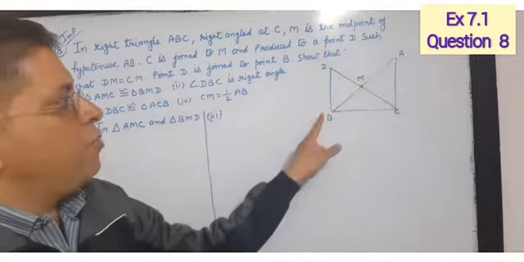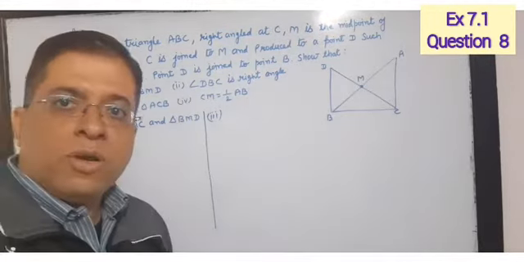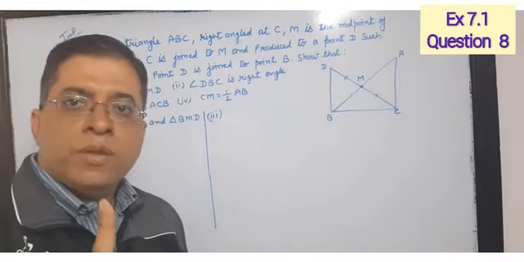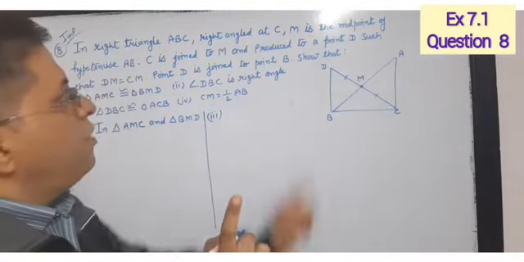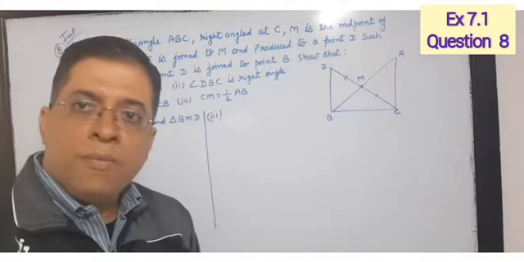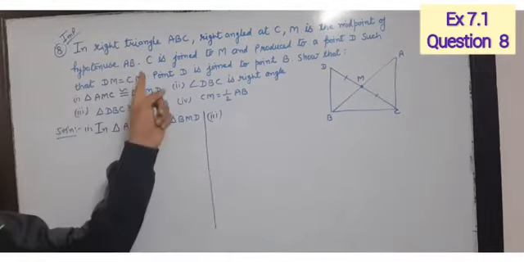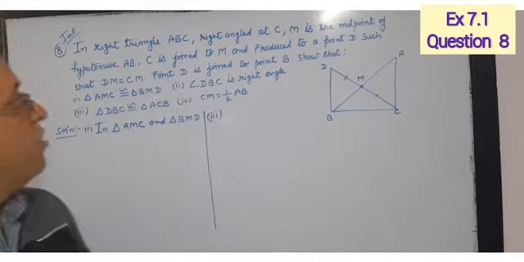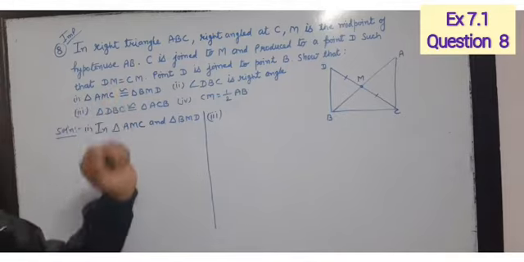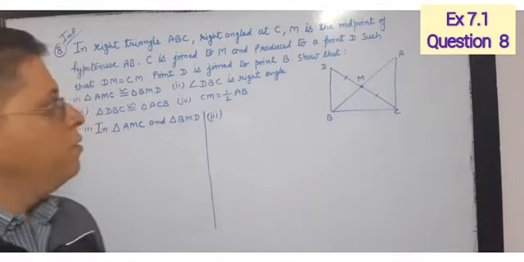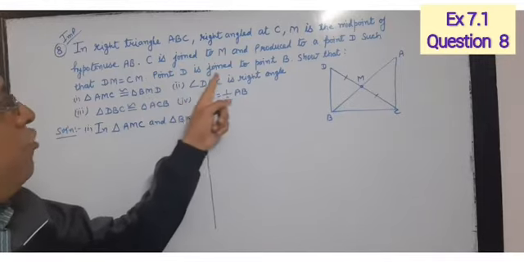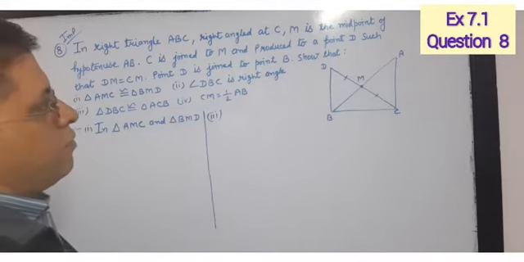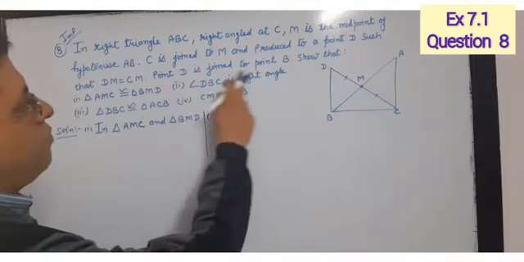Okay, AB is the hypotenuse, M is the midpoint. Then what is the meaning? Meaning is these two will be equal because M is the midpoint, given to you. Then C is joined to M and produced to point D such that DM equals CM, the same thing. Then D is joined to B, and then show that